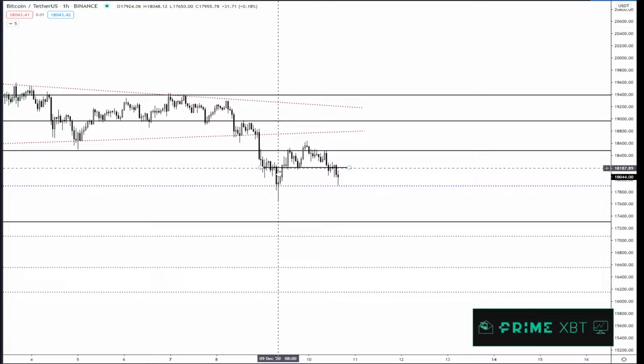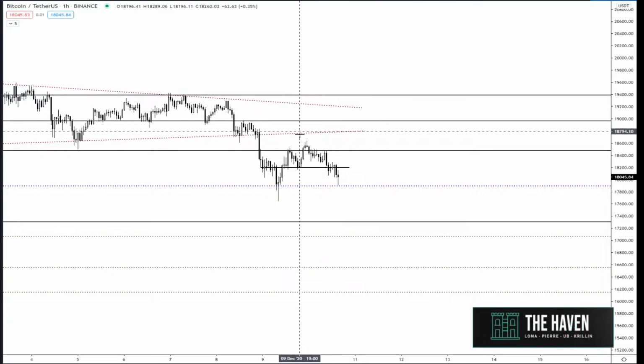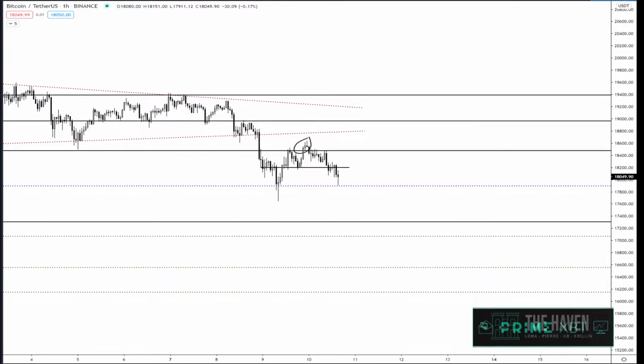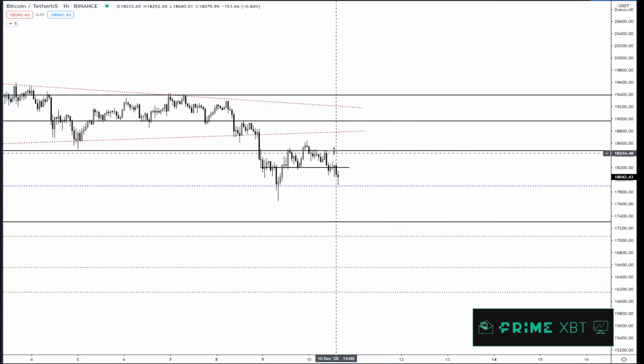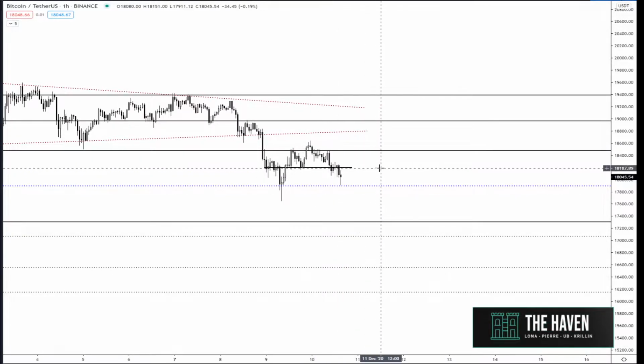So let me explain. We saw the bounce from the equilibrium towards the range high, attempted to close above the range high, which is a pretty nice fake out actually, reclaim the range high, and now we are back down to the equilibrium. This is like the cleanest bearish retest we've seen in weeks that has actually played out. So it's unfortunate I missed this one, but my thinking for, I guess I could say even the current price